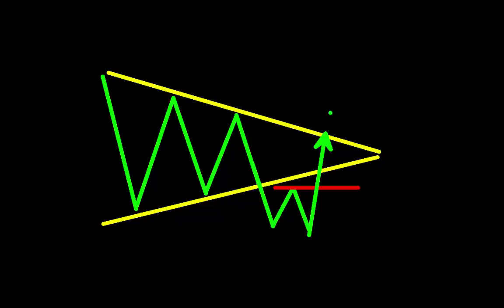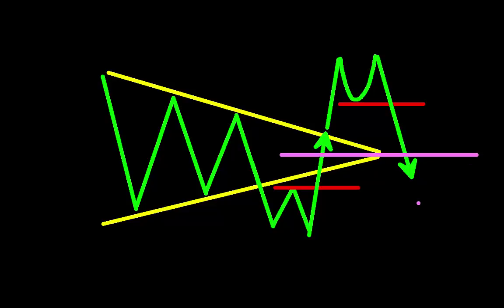Same thing goes to the upside, right? Price tries to break out of the range. That's one try. I wait for the buyers to try again. Once we see those buyers have tried once, tried twice, now we know where stops are, and we can sell right back into that range. Where's my target? The target is the middle of that trading range, which in today's case is that notorious,